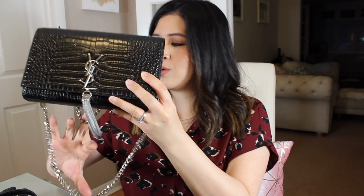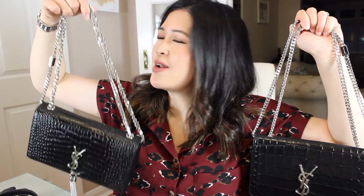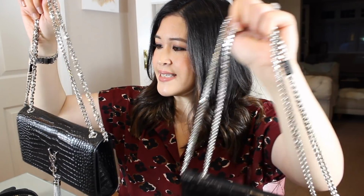Also, what I found with the straps is that they're very similar, both sort of silver hardware. Here we go, I love that noise. So the straps are very similar. These ones are probably a little bit more shiny just because the bag is newer. But what I found, and actually this is not a good thing with my Super Rep, is that the links